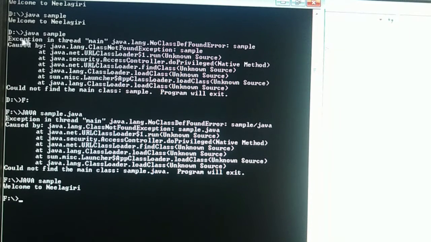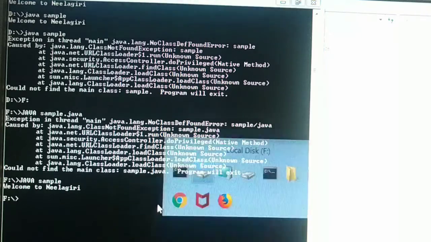I am giving one more point here. Here I enter java in small letters. Here I enter Java in capital letters. So java, it is an interpreter. It is case insensitive. But the class name is case sensitive. Case sensitive means there is a difference between capital letter and small letter. Here the keyword java is case insensitive. Insensitive means there is no difference. You can use either small letter or capital letter. But the class name must be the same as the class name in the program. So this is the way of running the Java program.